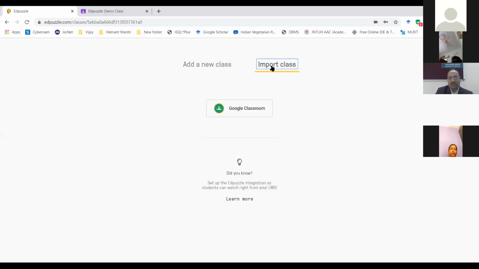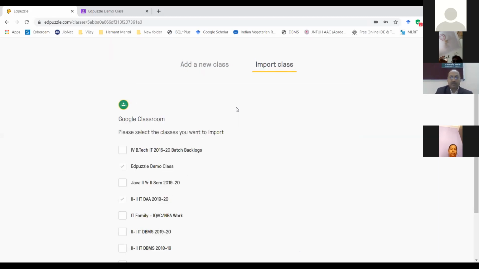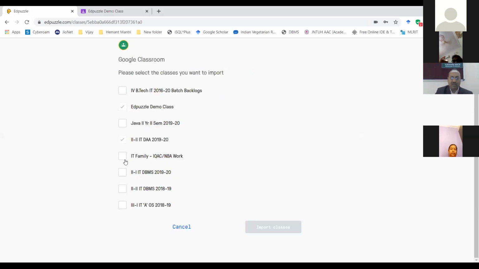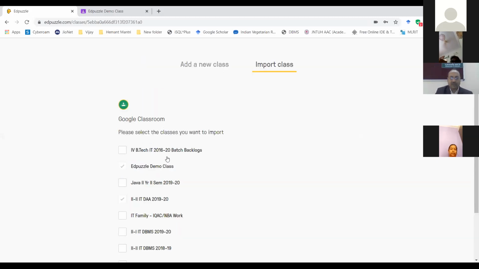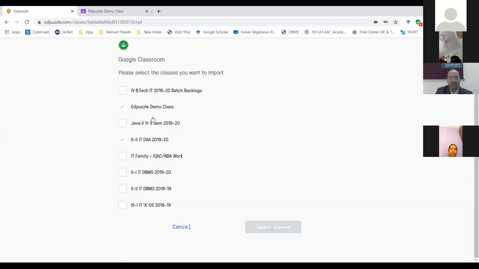I'll go for the import class. For importing a class, I can click on the Google Classroom, and you will find that all my classrooms are here. I have the Edpuzzle demo class already included in my Edpuzzle. I have Java class, I have the IQAC class, DBMS class, last year DBMS class, last year OS class.